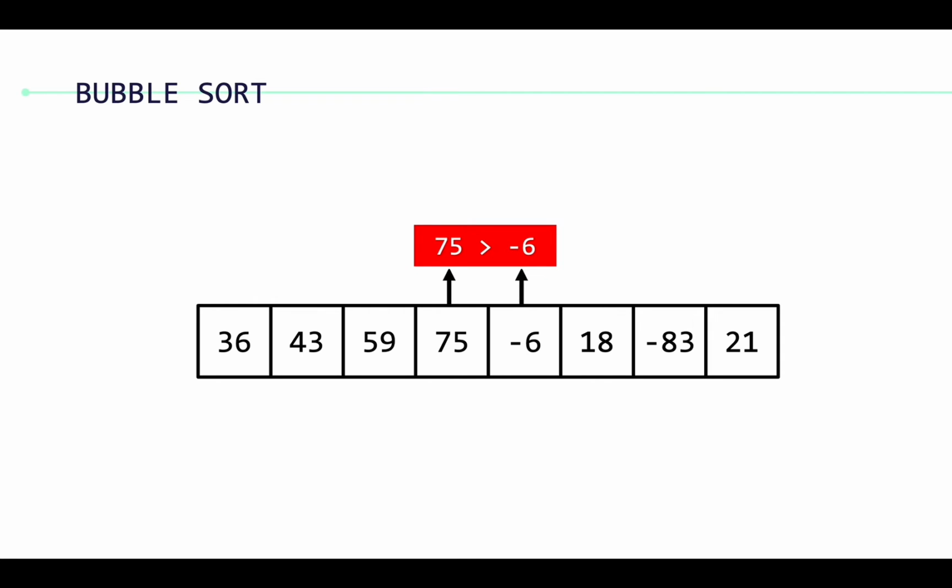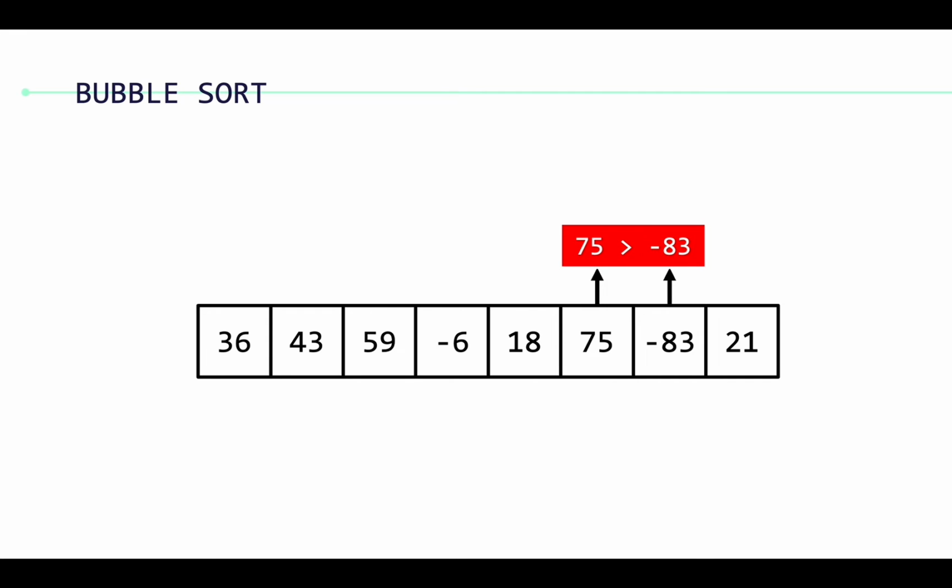Now in the pair of 75 and minus 6, we can see that 75 is larger than minus 6, so they are in the wrong position, so we need to swap them. Alright, now we will move to the next pair. Again, we can see that 75 is larger than 18, so we swap them. And again 75 is larger than minus 83, so we need to swap them before moving on, and again we